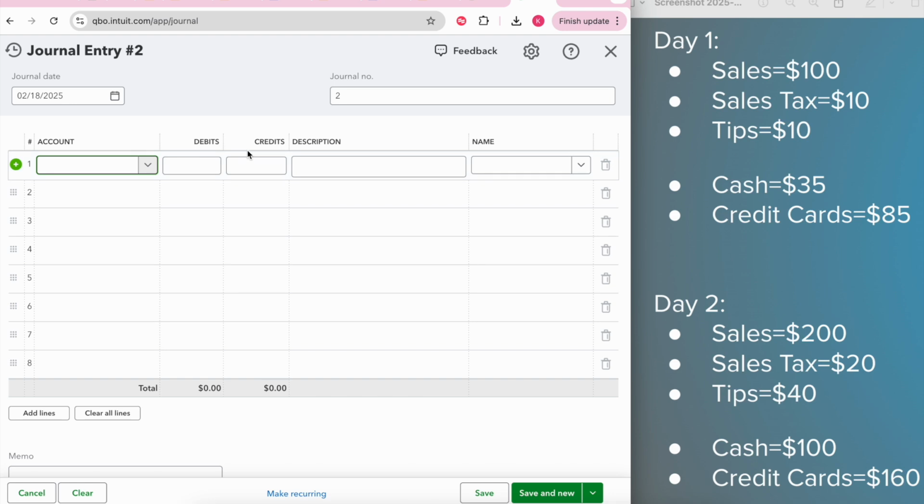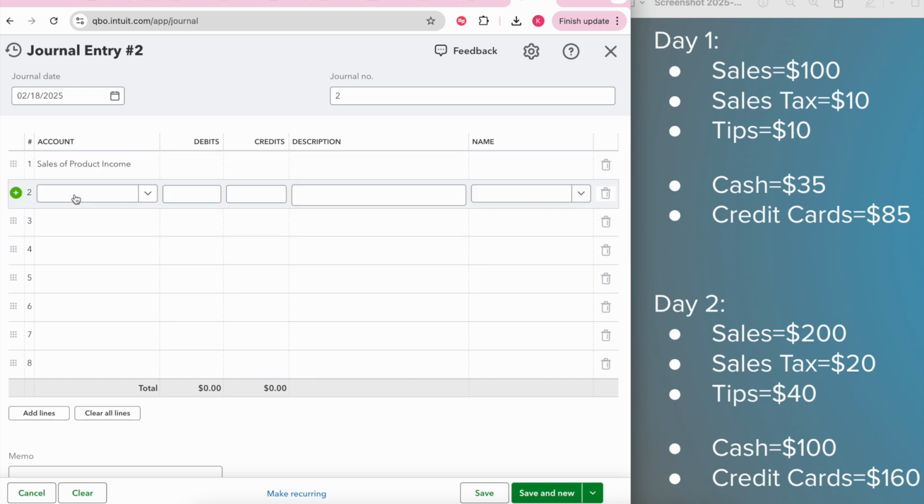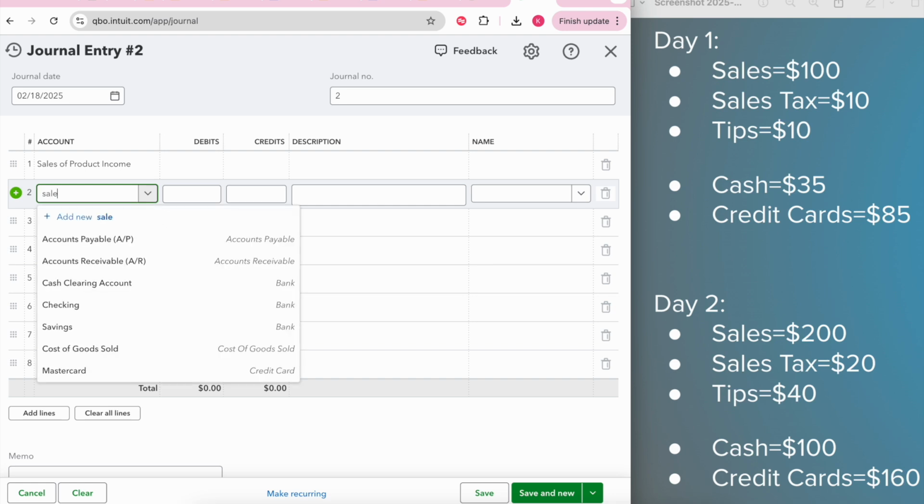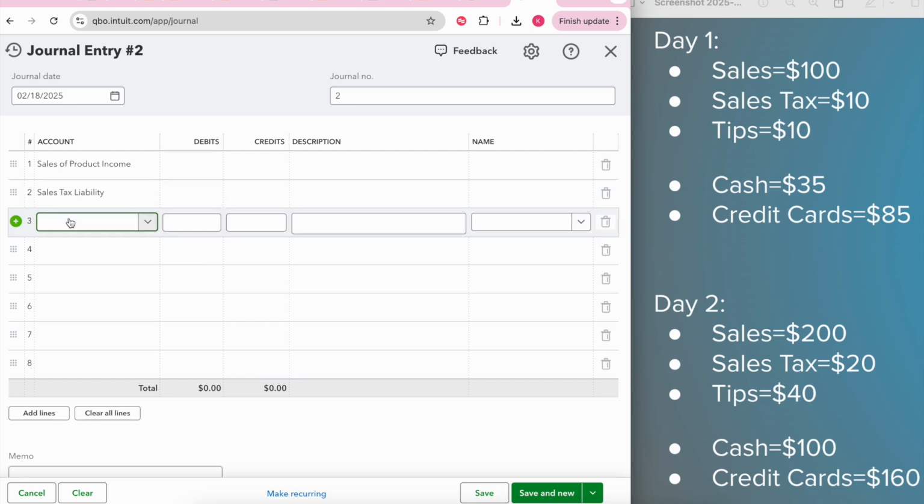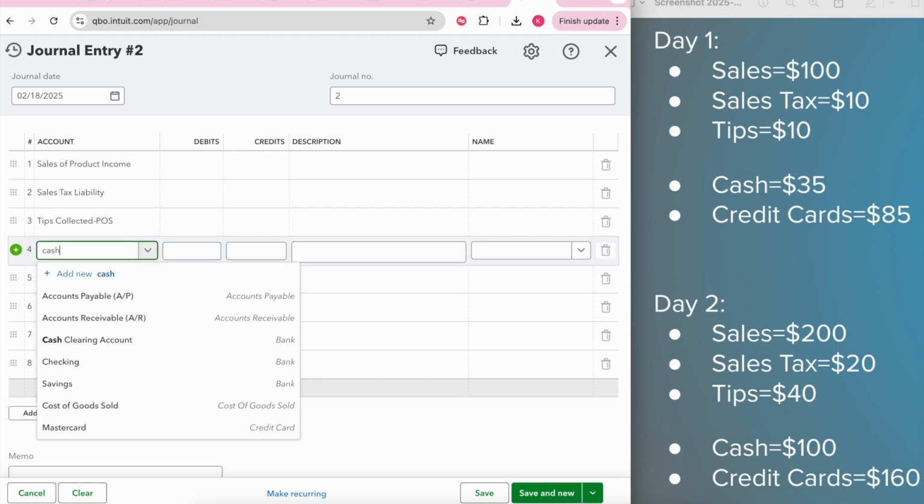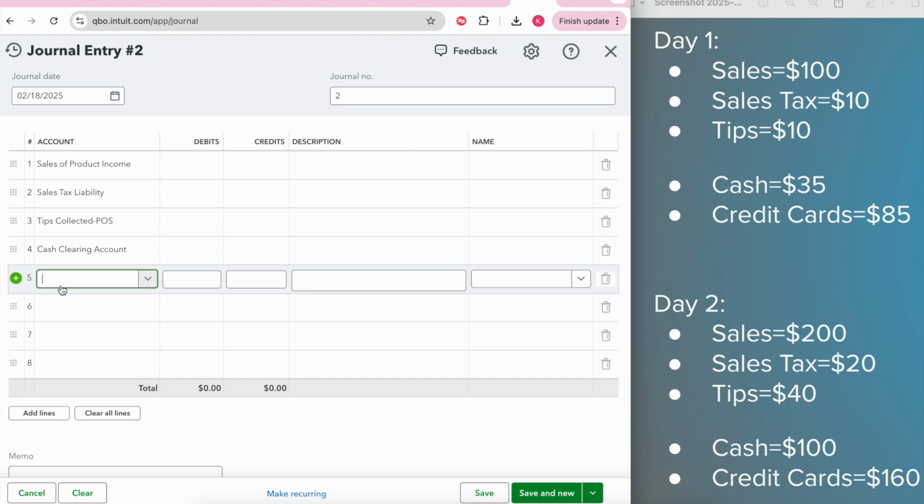And what you can do, I'm going to just recreate this again, but you can create this as a recurring transaction, so it automatically creates a new one of these for you every day, or you can go back to the previous day, hit edit, and then go down here and choose make a copy, and it will copy it so that you don't have to fill in these lines every time. So cash clearing,